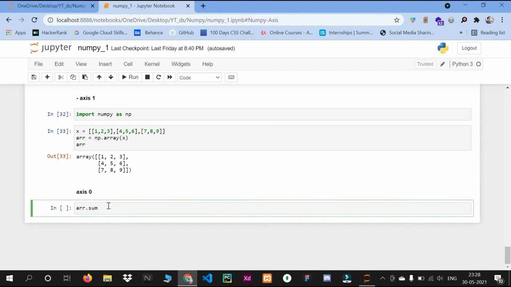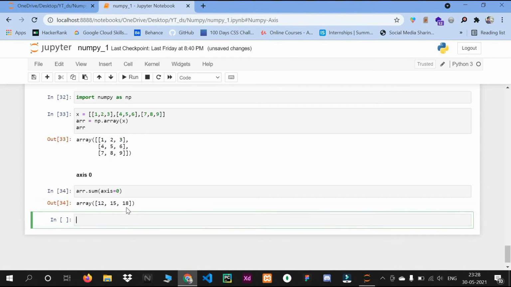So if we take example of sum, and then I will pass axis equal to 0. So I have passed axis is equal to 0. Now let's see the result.